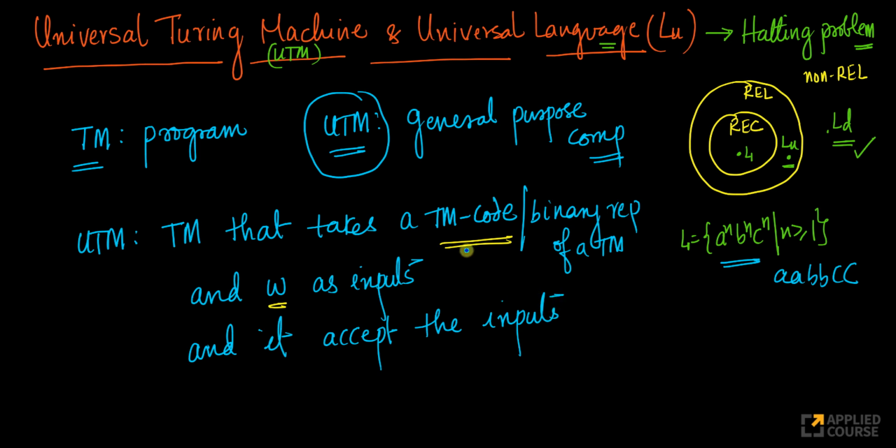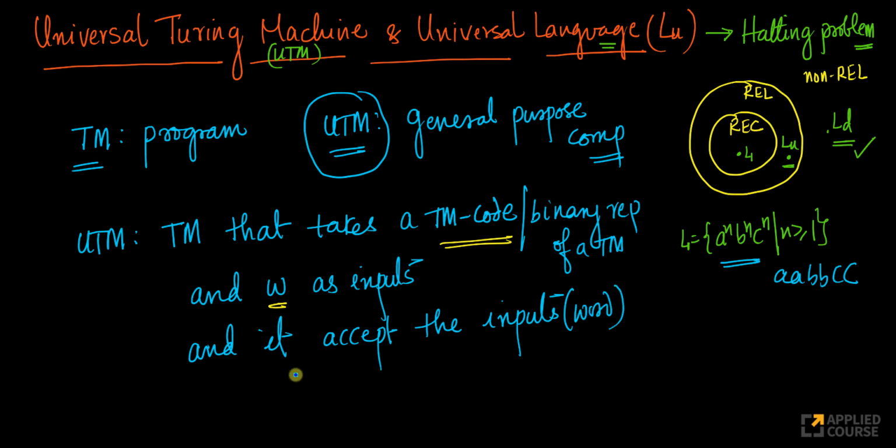The input word, right? The input consists of Turing machine code and the word that we want, and a word. Okay, I'll tell you how this word and the Turing machine are related. It's a Turing machine that takes a Turing machine code and a word as inputs, and it accepts the input word